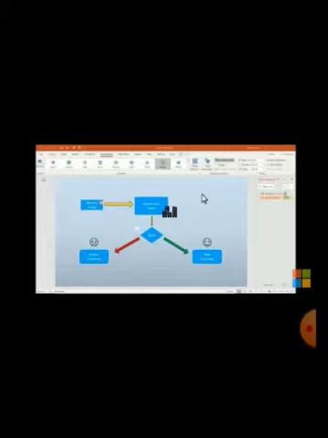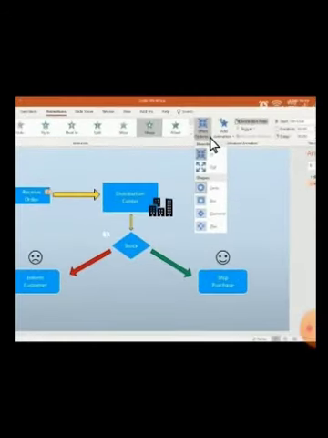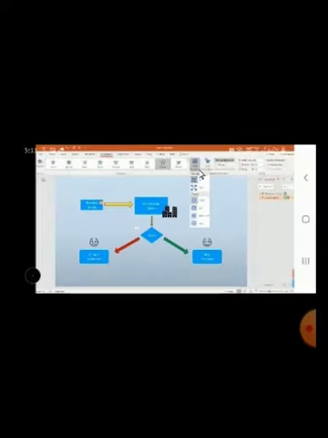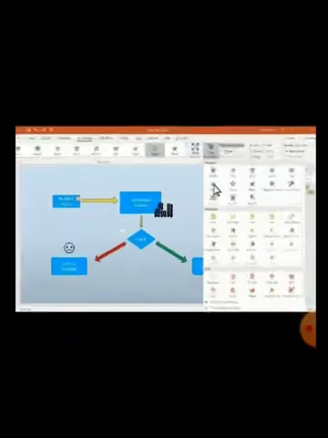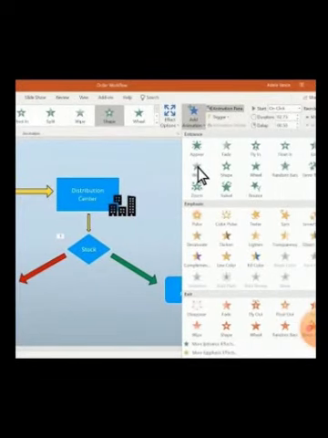After this, we are going to add effects. So here we have to click on the Effects option. Whatever kind of effect we want to create on our slide, we can take from here. After selecting the effect, we just have to click on the Add Animation button. After clicking on it, we will select the animation according to our choice, whatever animation we want to implant on our slide.